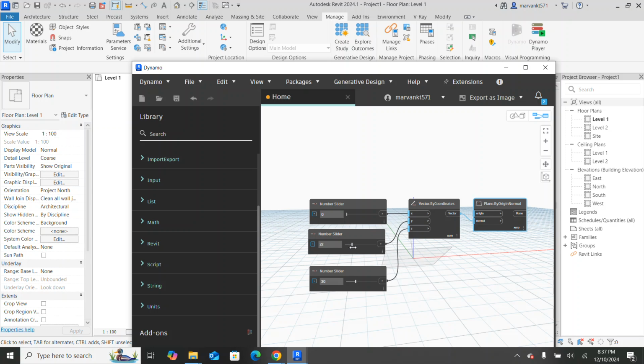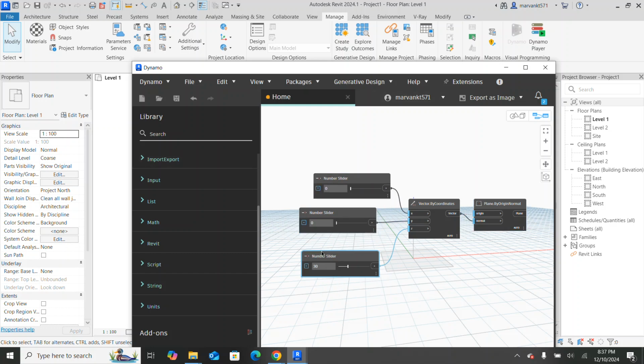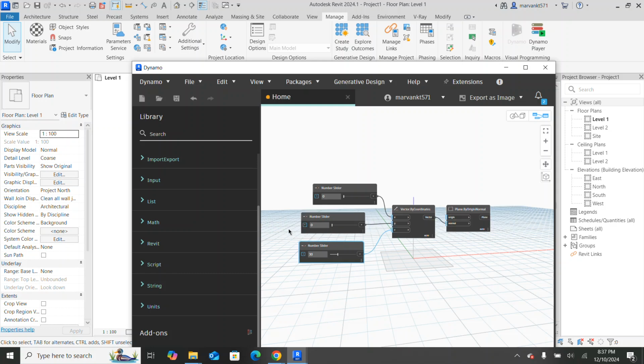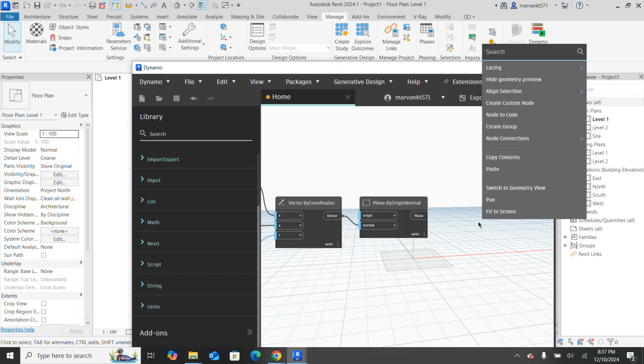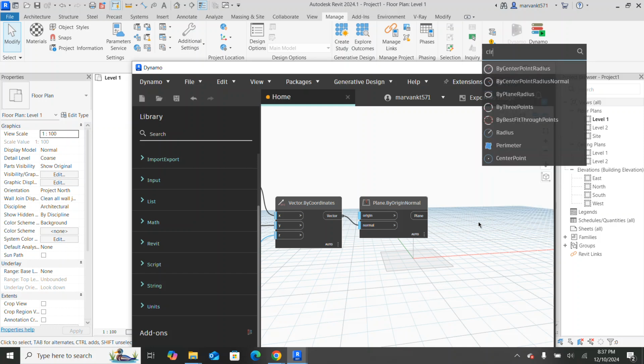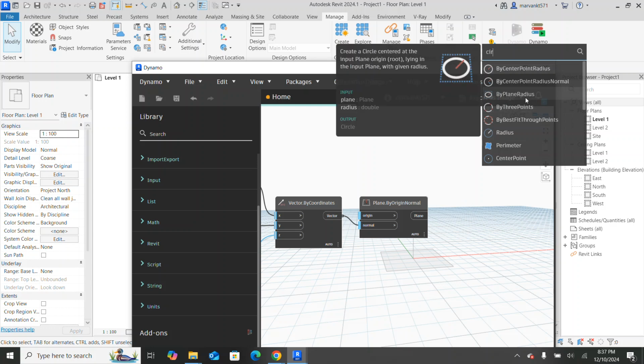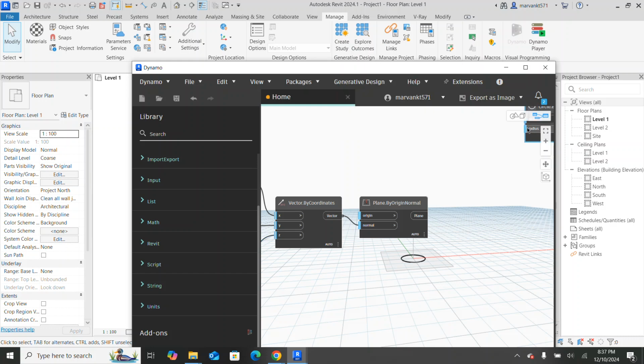Clear now? Okay, so I'll just keep the mouse pointer over here. I just wanted to create a circle. Let's say I use here circle by point plane radius. I select this one, circle by plane radius. Once you select this,